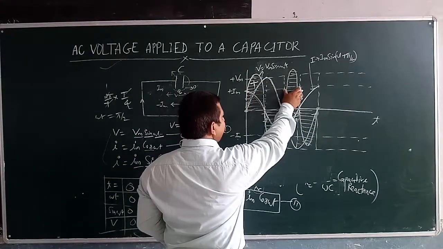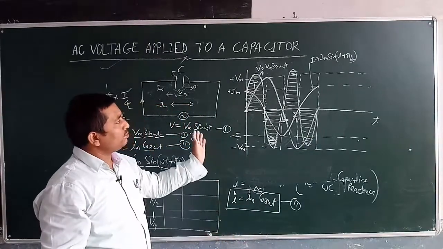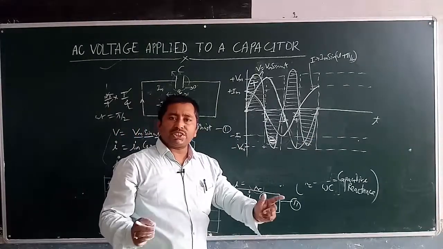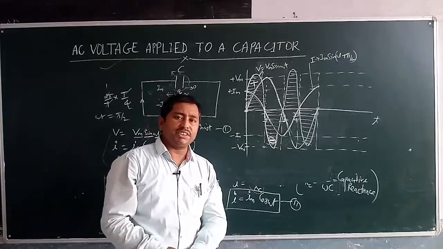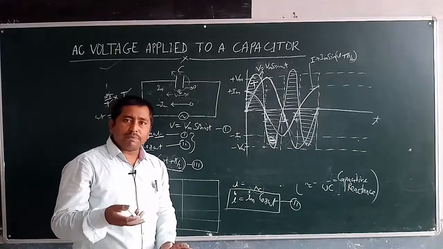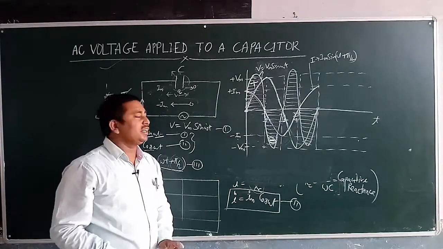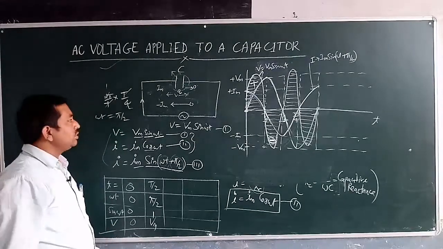So we can easily guess that the total power dissipated in one complete cycle is 0, because this plus this is always equal to this plus this. So when we take the algebraic sum of the power across the capacitor in one complete cycle, then we get the value of the power dissipated as 0. Now we can demonstrate this average power equal to 0 by a mathematical conclusion. So let us calculate the average power across the capacitor.